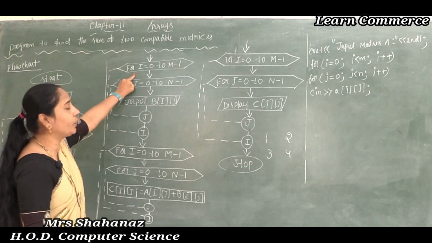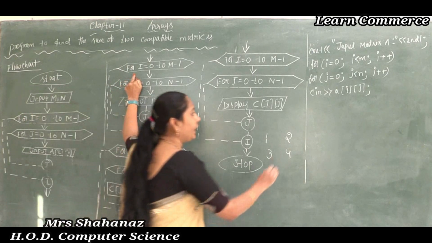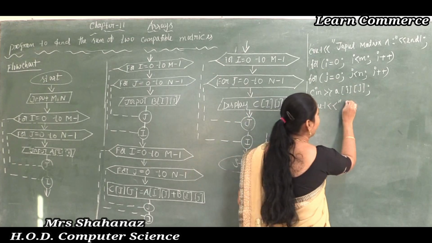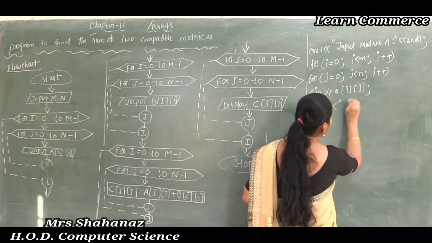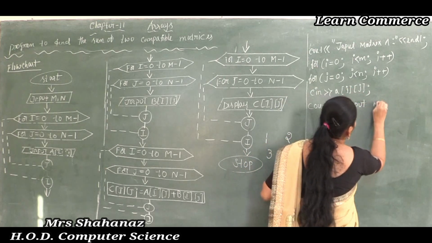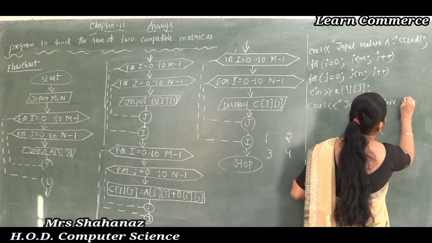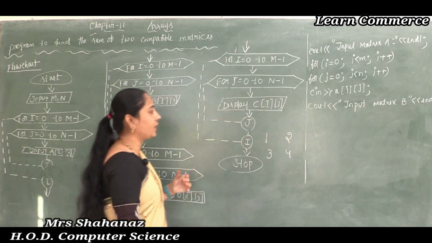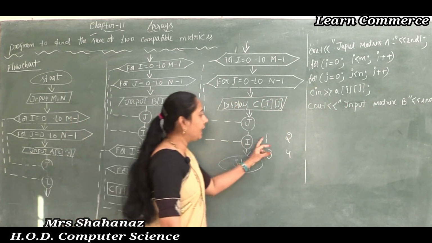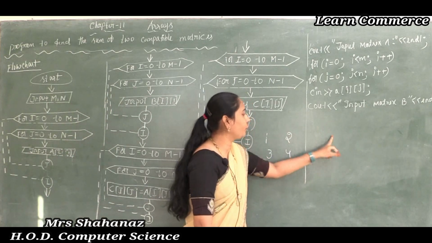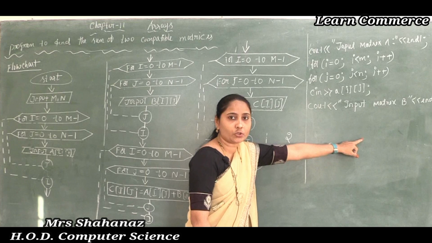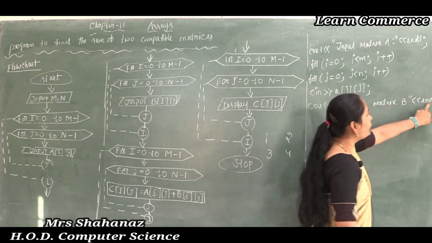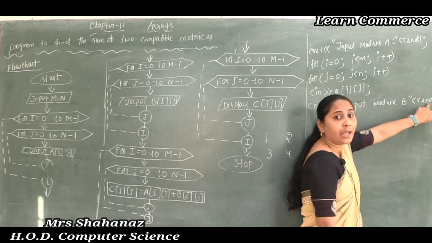Now we are going to input the values into the matrix B, but before displaying any value in matrix B, I am going to display one message. So write input matrix B. As we know about the use of the end line, because all those values are not going to show in continuation, correct? We do not show the values like 1 2 3 4 here. If you want to show the values in this manner, then sure you need to use the end line. It works like an enter key.